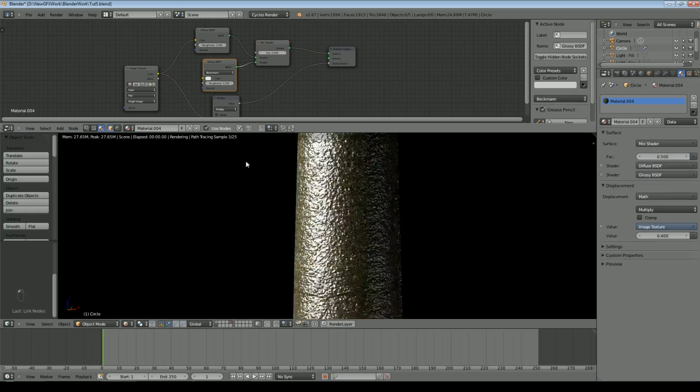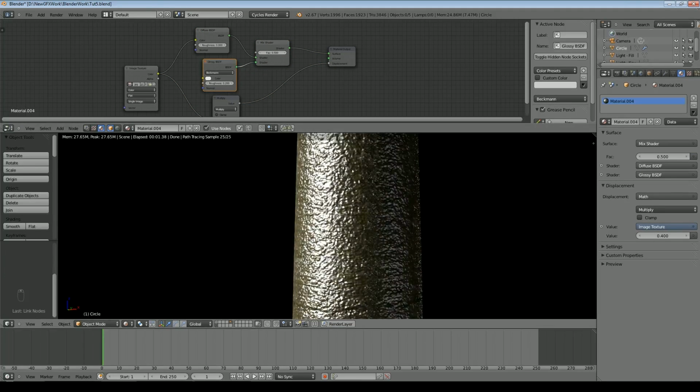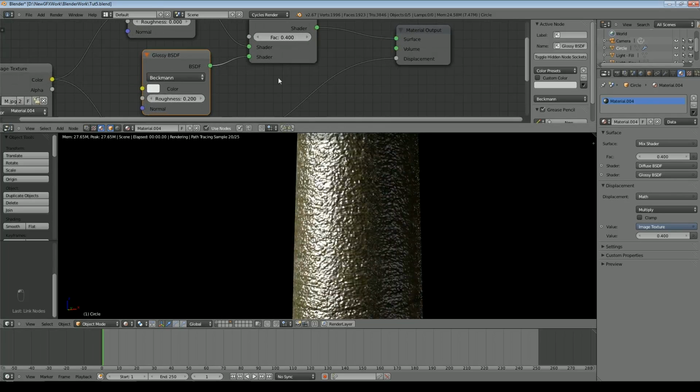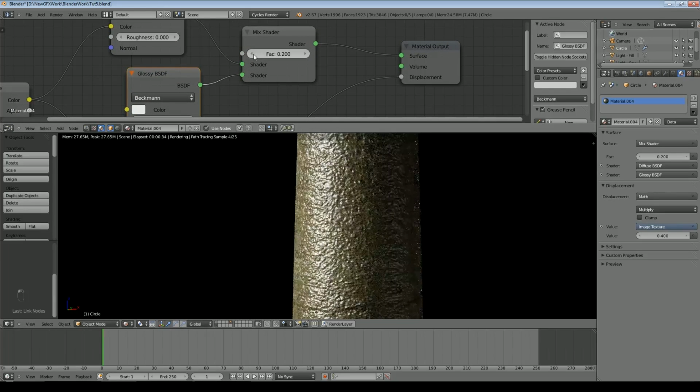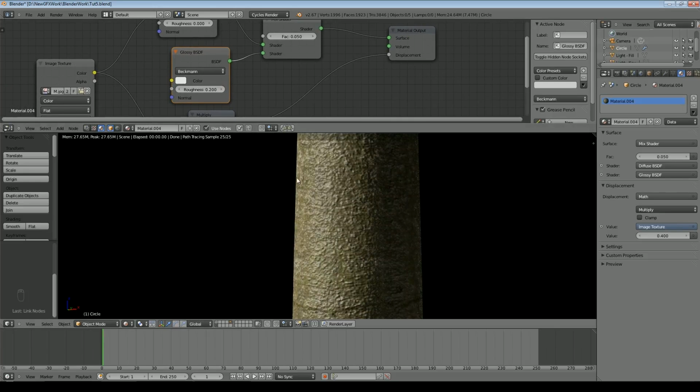So that's obviously way too shiny at the moment, that's very wet bark. So first of all, we can change the brightness of that reflection by turning this factor here down. So I think we'll put it down to 0.05, and then we can vary the sharpness of the reflections by here.